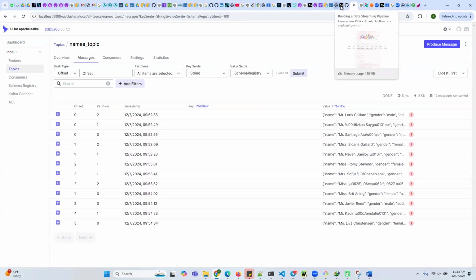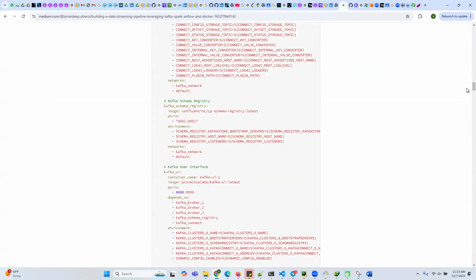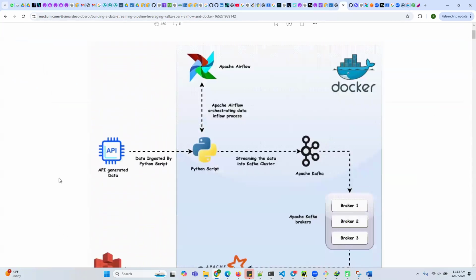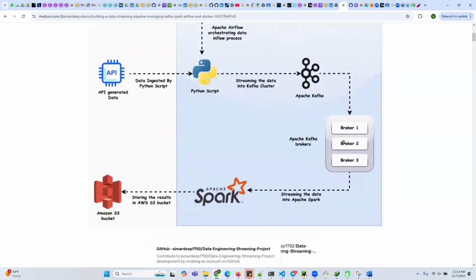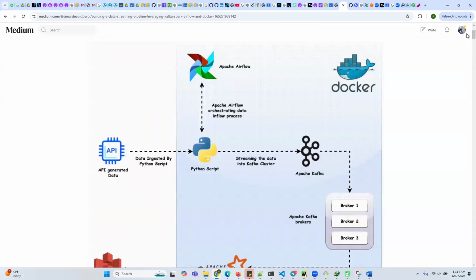So I already told you this application is getting data from a REST API, right? So when I run my Airflow DAG, it pulls the data from the API and writes it to the Kafka topic. This Kafka topic is basically in the broker, and our other consumer, a Spark streaming job, pulls data from this Kafka topic and writes it to S3. So this is a very simple use case, but this whole environment is driven